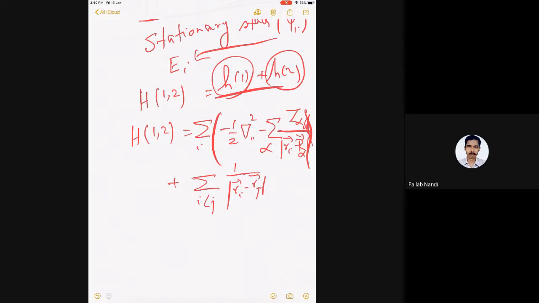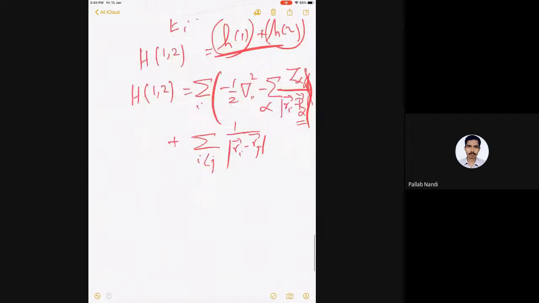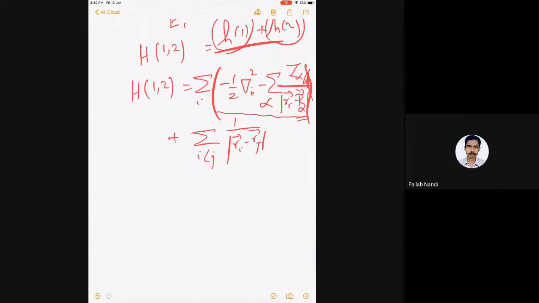The same electronic Hamiltonian I have rewritten. The sum over I I have taken for the first two terms as common. Remember, R alpha is fixed in the Born-Oppenheimer approximation for a given value of R alpha. Then I can define this term as some one particle Hamiltonian in terms of the electronic coordinates. It's a single particle I. So let me call this h of I, small h of I. So let me write this as sum over I, h of I, plus sum over I less than j, 1 by modulus R i minus R j,